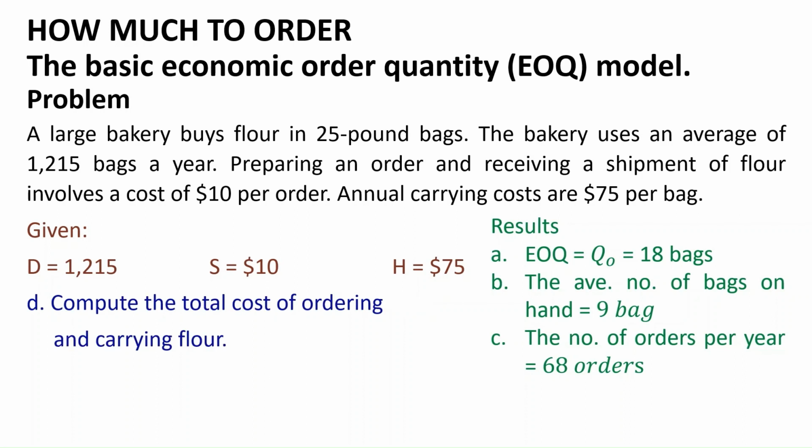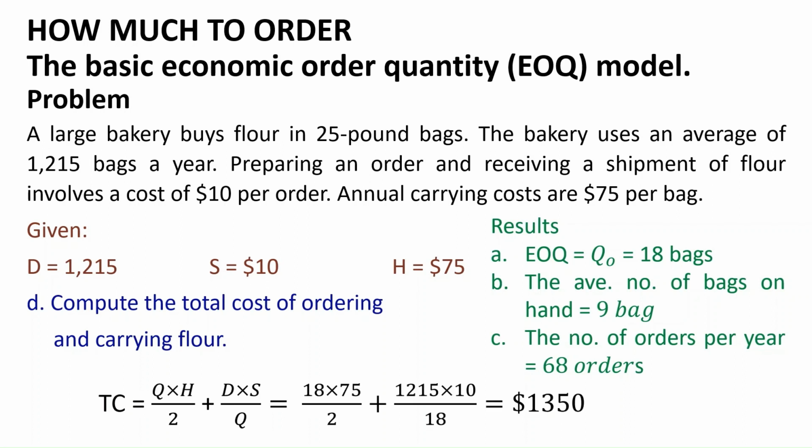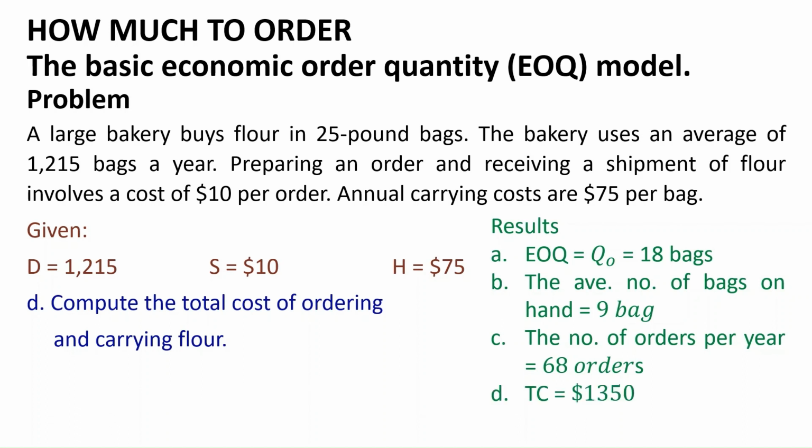The next question is, compute the total cost of ordering and carrying flour. The total cost TC equals Q multiplied by H divided by 2 plus D multiplied by S divided by Q. Substitute the given values of D, S, and H, and the calculated value of Q0. This results in TC equals 18 multiplied by 75 divided by 2 plus 1,215 multiplied by 10 divided by 18, which equals $1,350. So, the total cost of ordering and carrying flour is